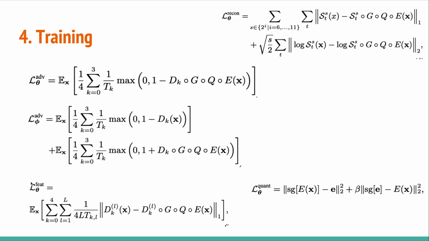And there is a feature loss, which is calculated at every layer of the convolutional encoder, and there is a reconstruction loss, which helps you in getting a smooth spectrum for the audio. And there is one more loss here, the quantization loss. These losses are explained in detail in the paper